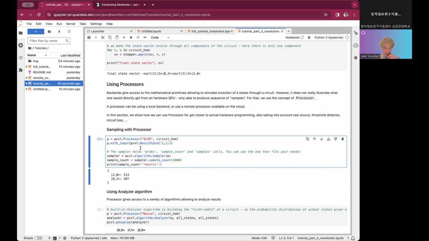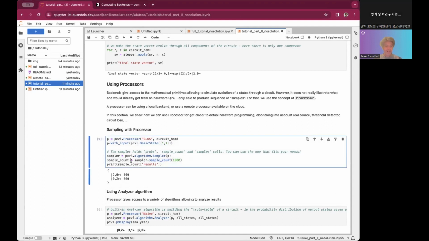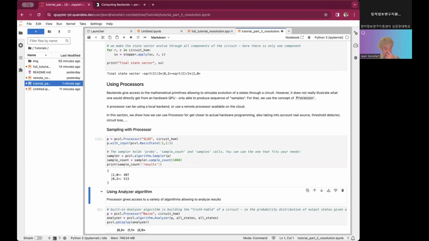And then you call some predefined methods on the sampler. The first method, and the most native method that you have, is the sampler count. It's as you have in Qiskit when you say, okay, give me 1,000 shots of my circuit. Okay, I was very lucky, and I have a 50-50% distribution here. But if you do that again, you will see that it changes, of course. It's just a random distribution, so you will have some random noise around that.